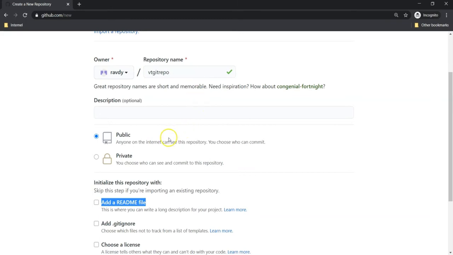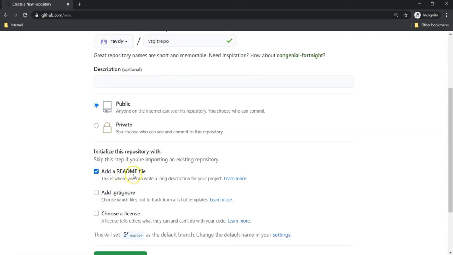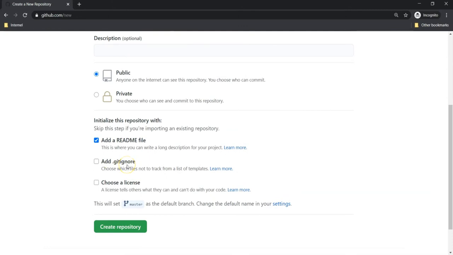Something like this: you have written the code, and understanding what that code is doing is difficult and how to use that code is difficult, right? Instead of that, you can update the readme file by providing instructions on how others can use your repository if they want. That is where we write the readme file. And while writing the readme file, we must write in the markdown language, which we are going to see at a later point of time. For now, I'm just choosing this option to add a readme file, and we don't need .gitignore. We are going to talk about .gitignore at a later point of time, and create the repository.